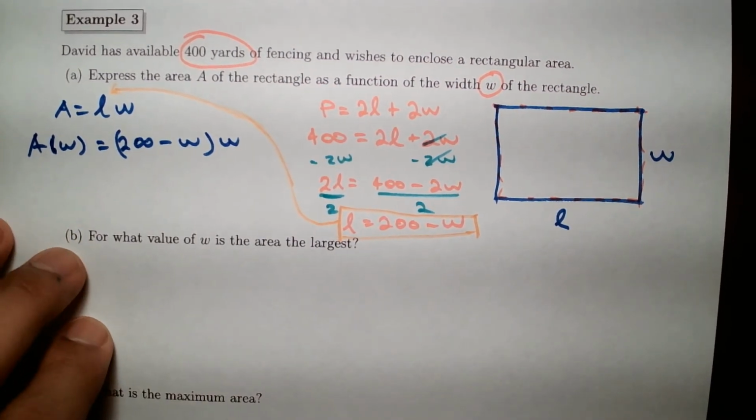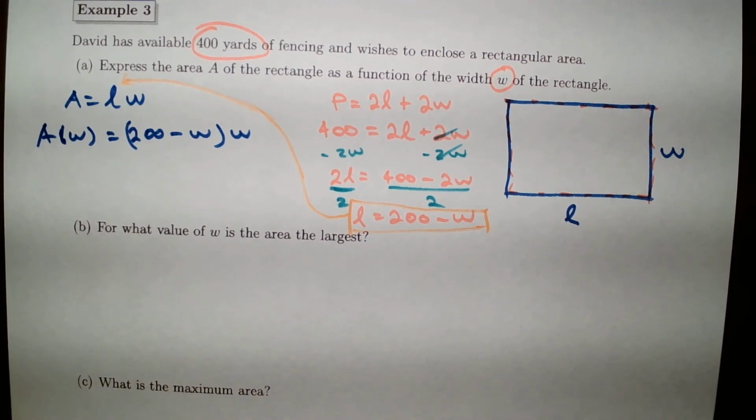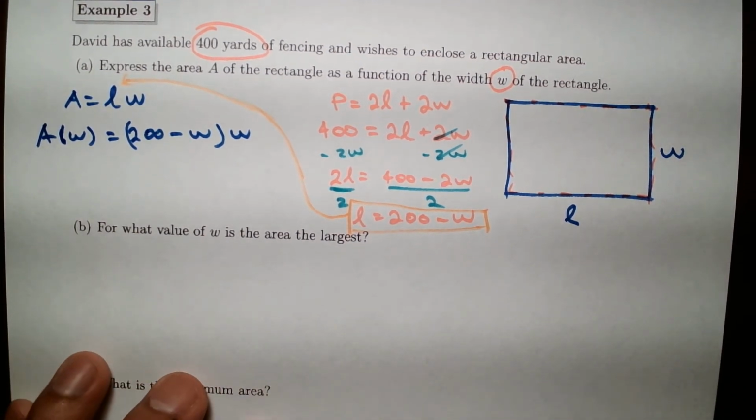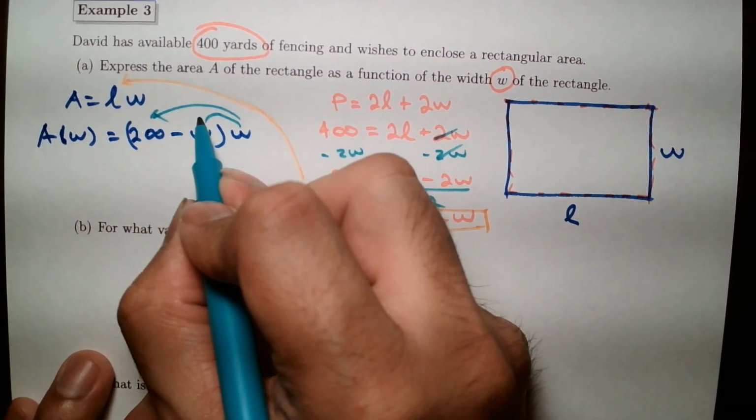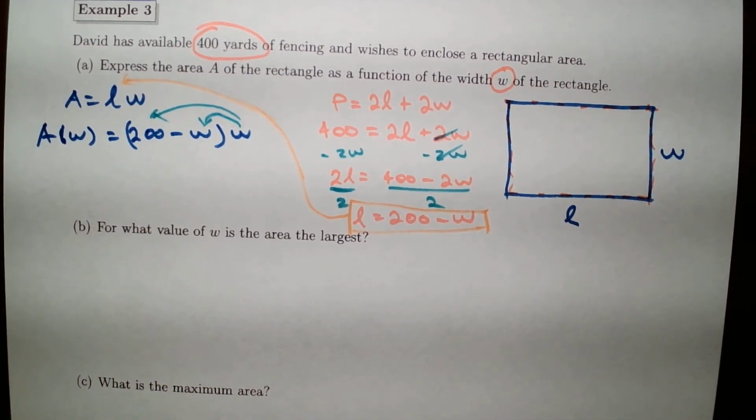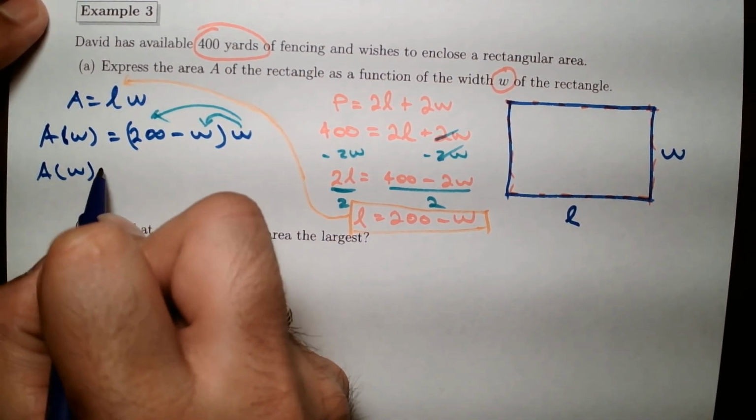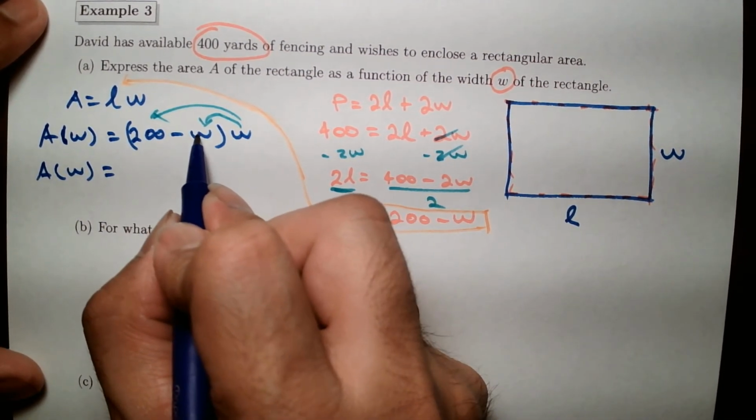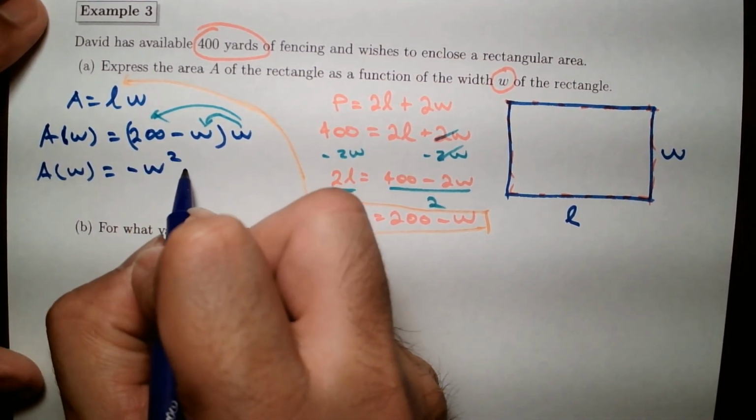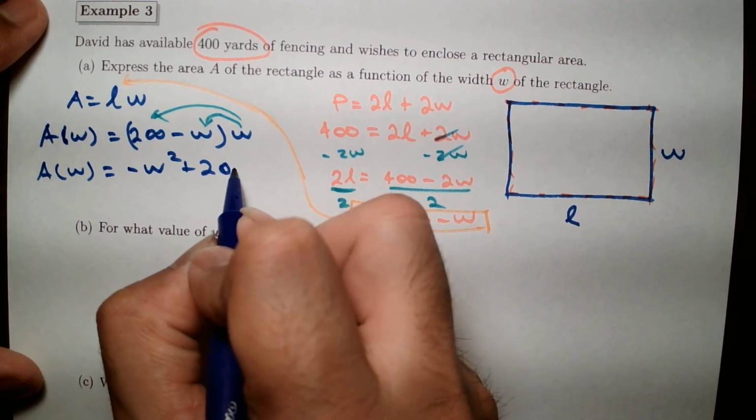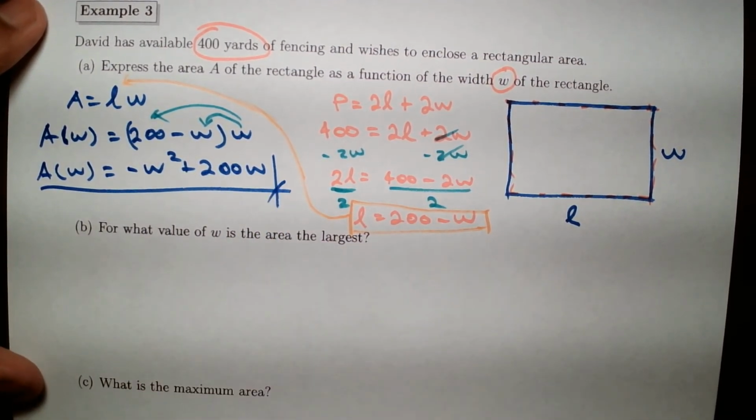All right. But in this case, well, we need to make this look like a quadratic function. So what we do is distribute the W, and that's going to give us A of W equals W times negative W. Well, that's negative W squared plus 200 W. So that's part A of this